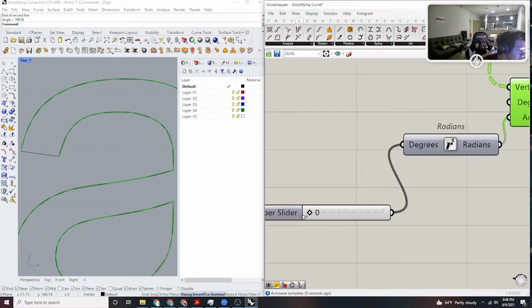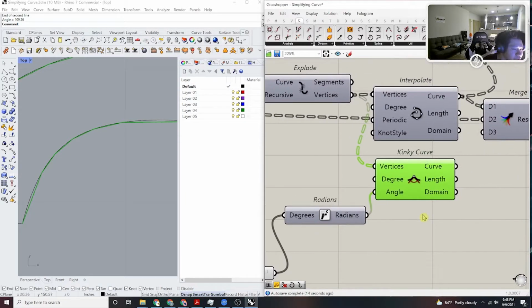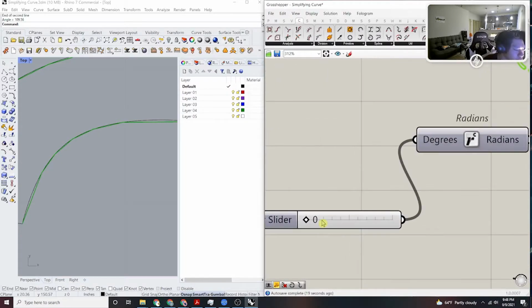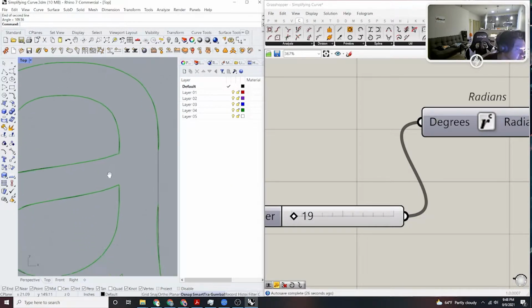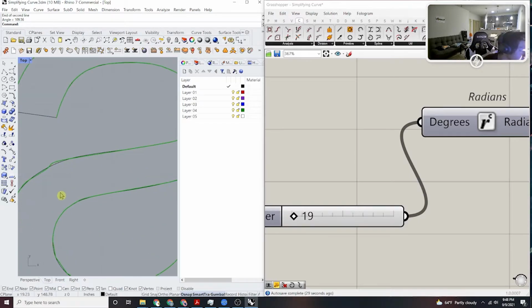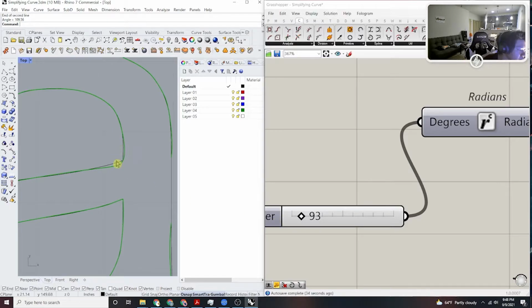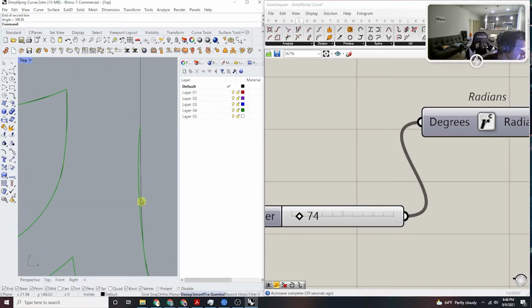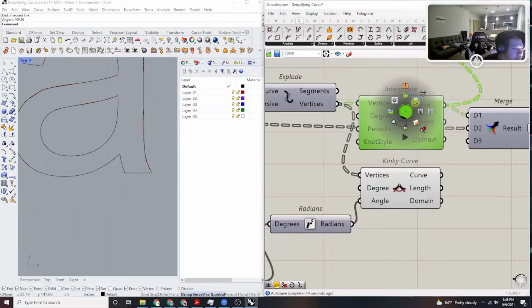So the more you lower it, as you can see, when we get to 0, it doesn't do any interpolation. So when you raise the number up, it starts to do it because it meets that threshold. So if you start to move it, as you can see, at 93, it starts to do it. So lower it back down. Now you get this. So I'm like, okay, this is pretty good,